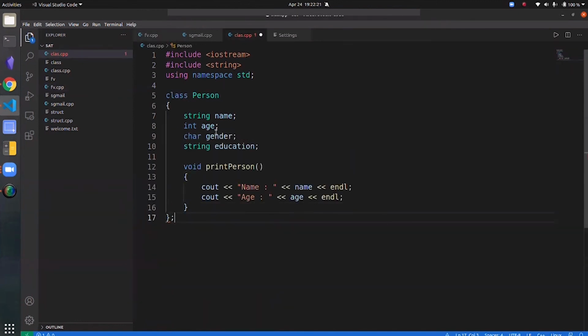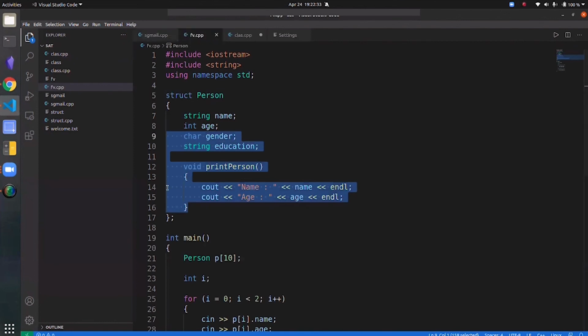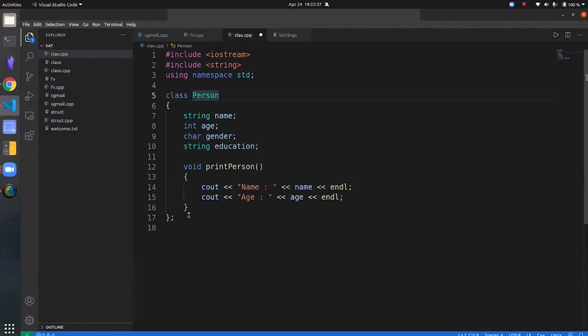By the way, guys, I think I forgot to mention this: the semicolon at the end here is equally important in both class and structure. In the structure as well, I've put a semicolon here, and again in class, I've put a semicolon here. So make sure that you put a semicolon at the end of it.